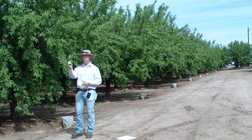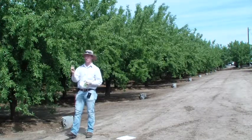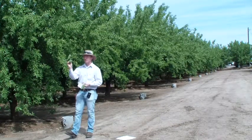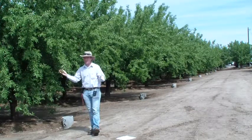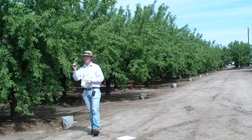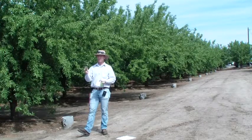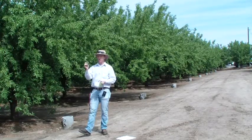So check your orchard. The sad thing is we missed the spring timing. The crawlers are already out, and you actually can see the new scale starting to lay down. So what this means is we can't really do much right now for the season. But what we can do is make sure when we see it in our orchard that we plan for an application in the wintertime. We know that about 6 gallons of oil will do a nice job of a dormant application